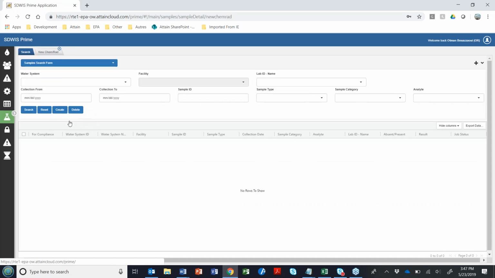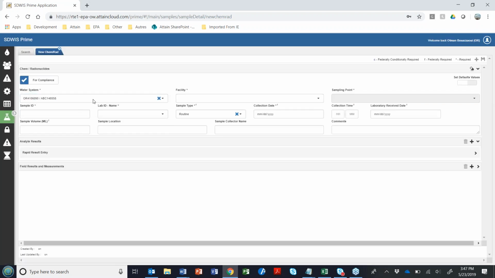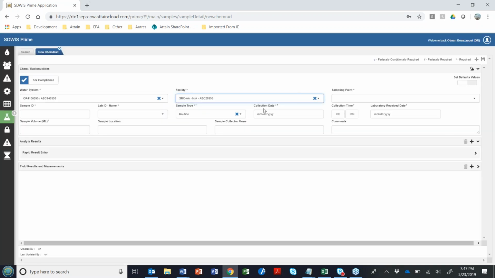So for this one, we're going to use a ChemRad screen. Same water system. And we added the requirement for the source. All right, collected on July the 9th, 2018.